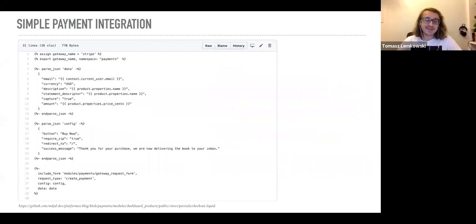Yes, exactly. So from the example that was presented on the buy now button, this is the custom code. All you need is like 20, 30 lines of code to integrate very basic e-commerce functionality, like selling some products. So transferring money basically from one place to another. It's very easy to just provide the amount you want to transfer and a few more details. And basically it's as simple as including a form which is defined within the module. So basically anywhere you want within your page, after installation of the payment module and Stripe module, you can use Stripe payments within 10 seconds probably. So this is really awesome, and there's much more